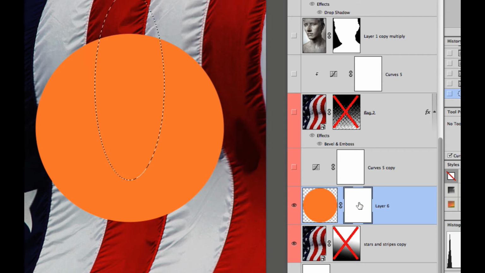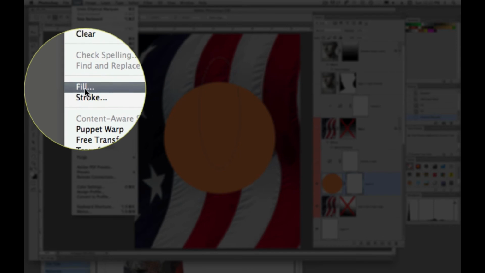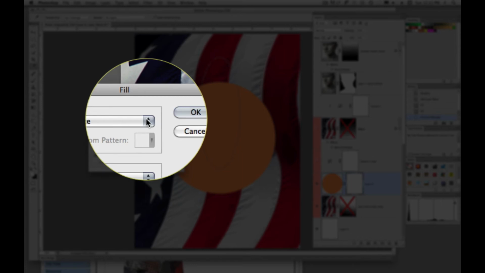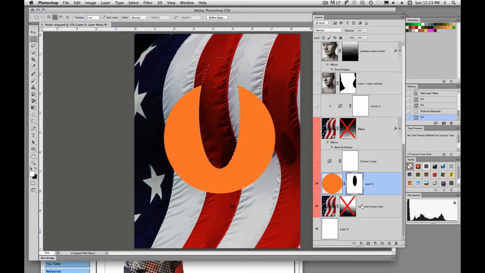So I'll come over here and I'll click with my tool, make sure that layer mask is selected, and then let's just see if we can fill it. I'll go Edit and I'll say Fill, and I'll bring up this little fill box, and I can choose either black, white, or 50% gray. I want to choose black. So now you'll see over here that my layer mask has this black ellipse because I filled this selection up with that black,